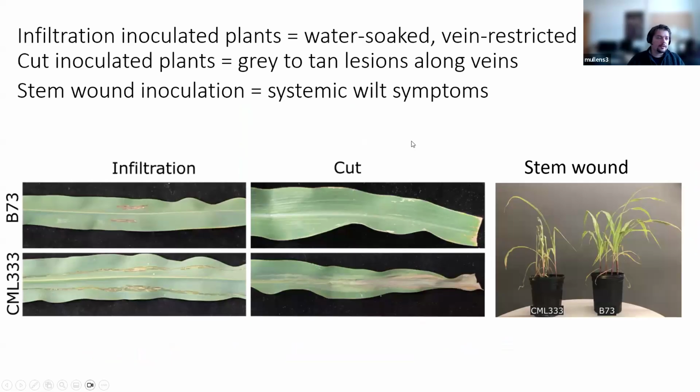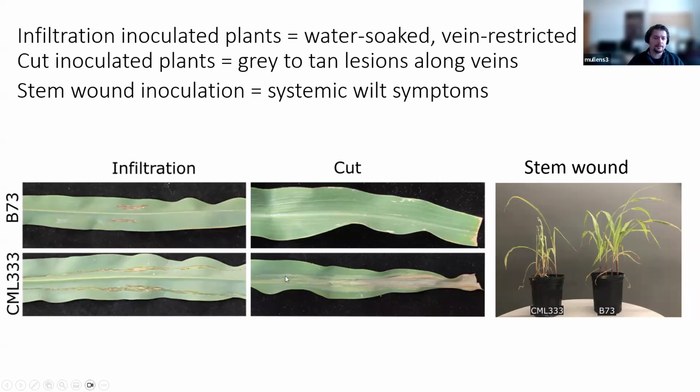Additionally, the symptoms that the two inoculation techniques induced were quite distinctive. The infiltration induced typical bacterial leaf streak-like symptoms. They were vein limited, started out water soaked, and then became tan and necrotic. Once the lesions formed, they stayed that size. They didn't grow continuously. Whereas the cut inoculated leaves developed grayish tan lesions that tracked along the veins